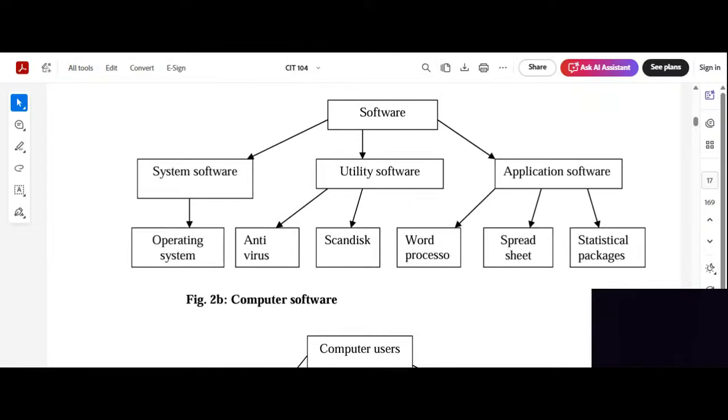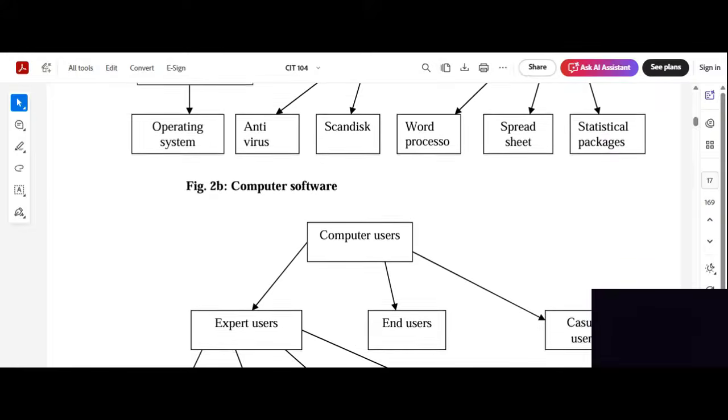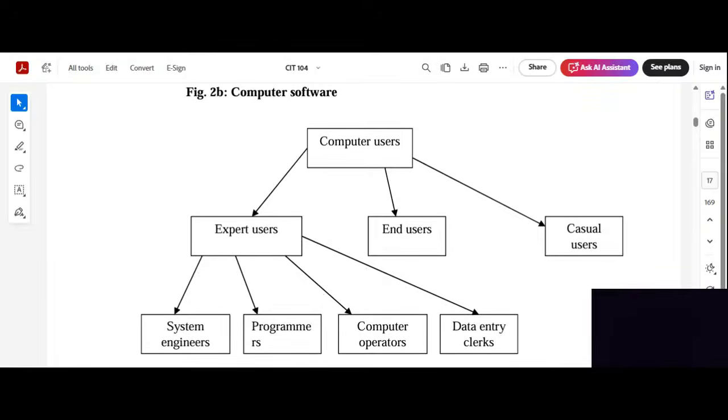Now we have another example under application software, the statistical packages. They are used for statistics and the rest of them. So those are examples. What we're just trying to do with this schematic diagram is just to show you a form of recap of everything we have done in this unit. So we have under the computer software, we have computer users as the last part under the computing system. The computer users, no, sorry, not the last. We still have the computing environment.